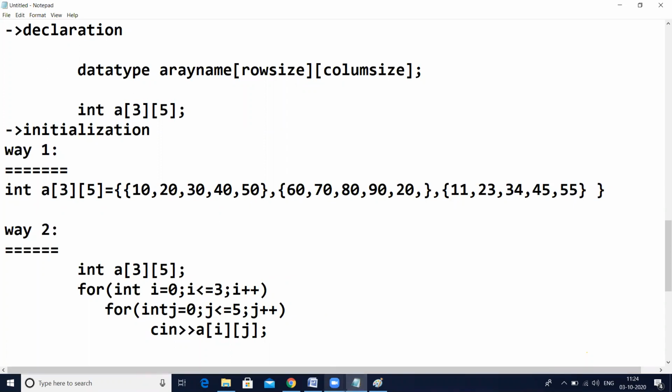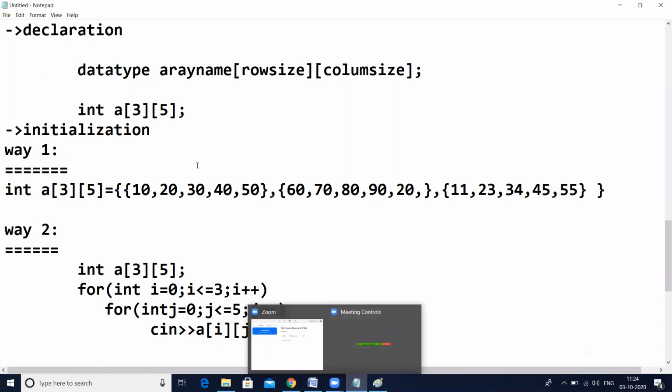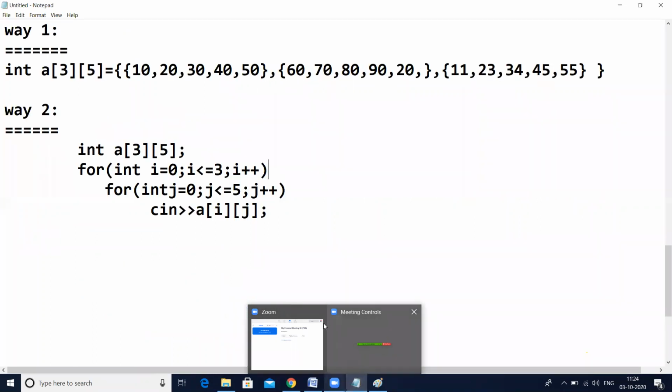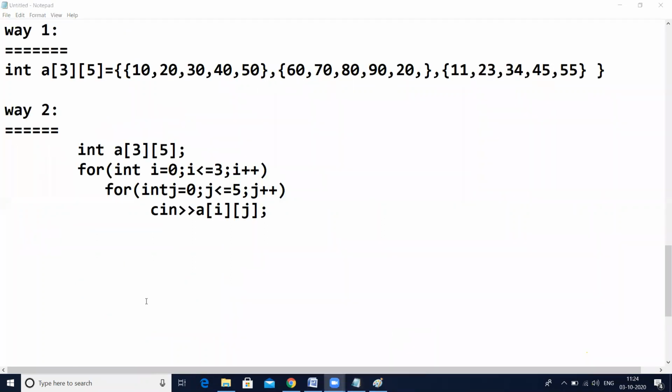Then we go for accessing the elements. How to access those elements? To access the elements, individual elements we can access, and the complete array also we can access.